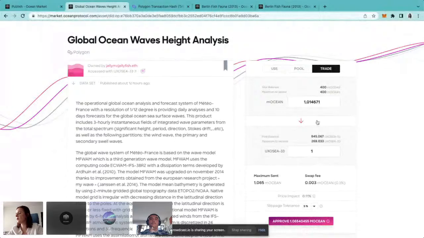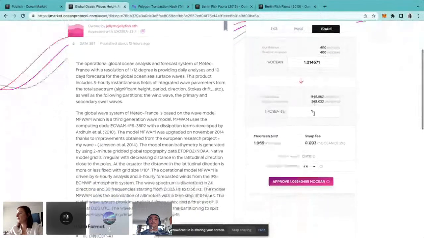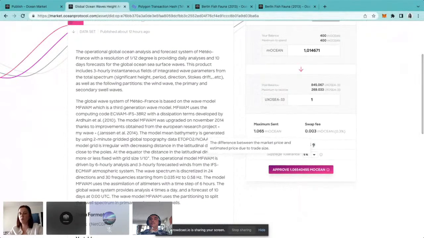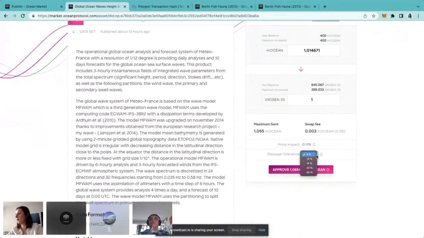The price in MOcean will be automatically calculated. And you have here the swap fee information that the publisher created when the publisher published this data asset, set to 0.003%. And you'll have here the price impact. You also have a slippage tolerance, the amount you're willing to tolerate. If the slippage is beyond this amount, the transaction will be reverted. So you can choose between multiple values, 5, 10, 15. I'll just go with the 5%. I will not allow a slippage greater than this one. So I'll just need to approve